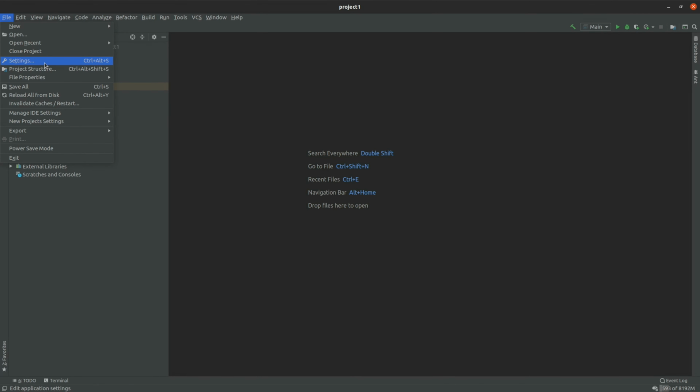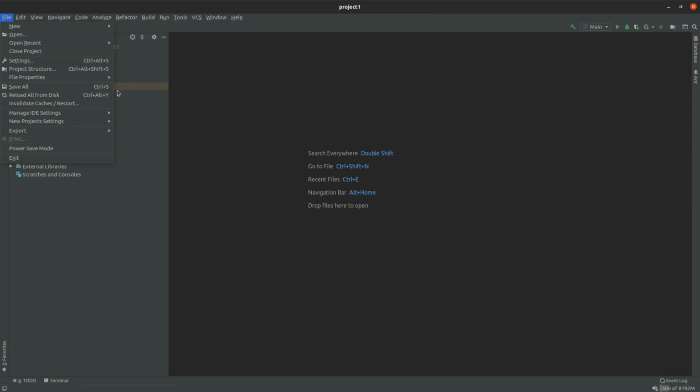The first one is for the general settings of IntelliJ, which are applied to all the projects. And the other one, which is the project structure one, are the configurations specifically for the current project we are managing. So you have a lot of options here at the settings, general options, but you also have specific project options for the current project by using this project structure submenu. You also have the Save All